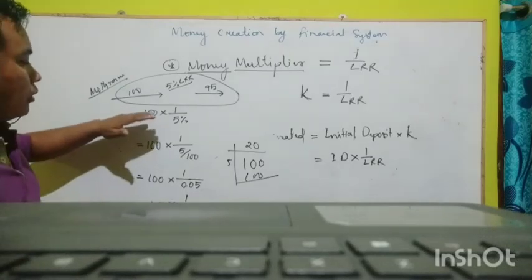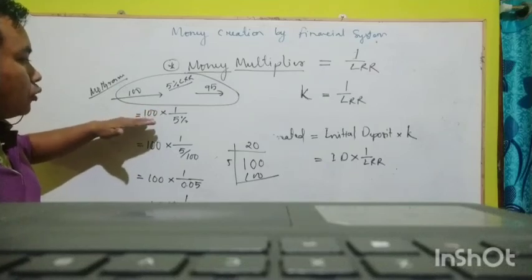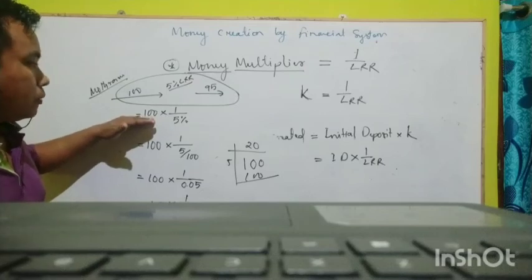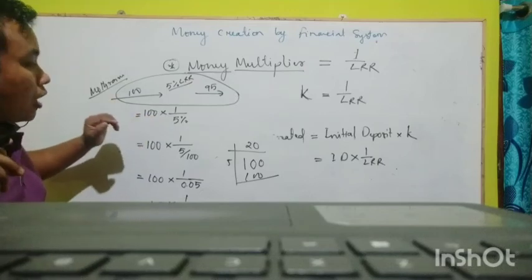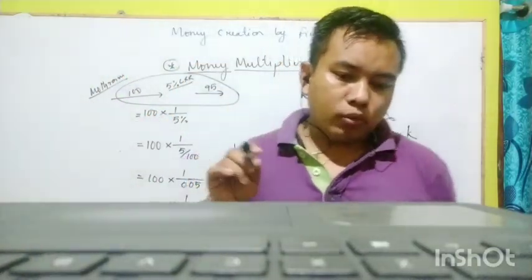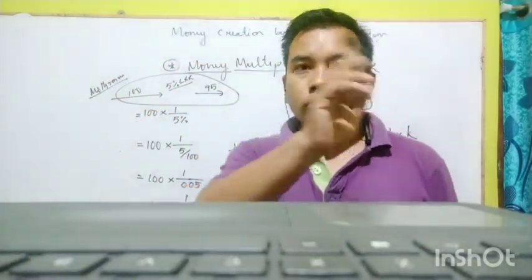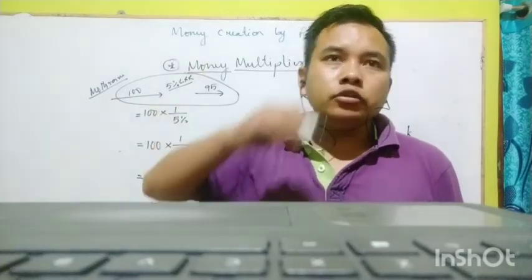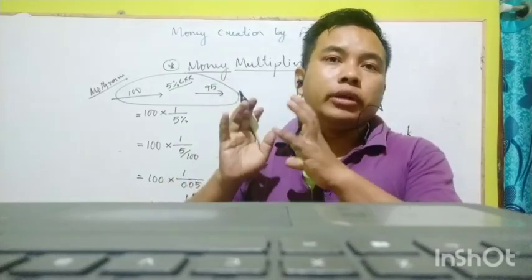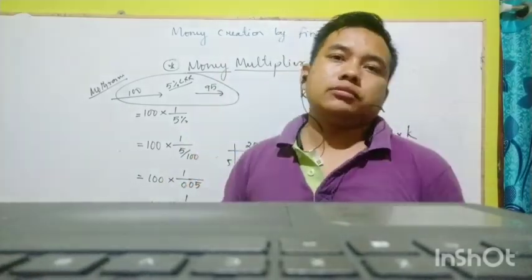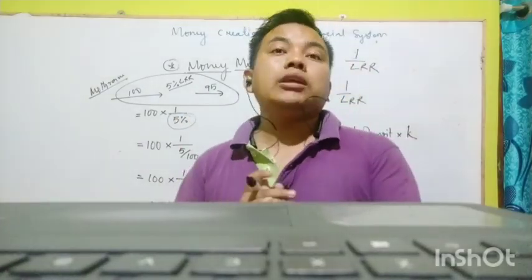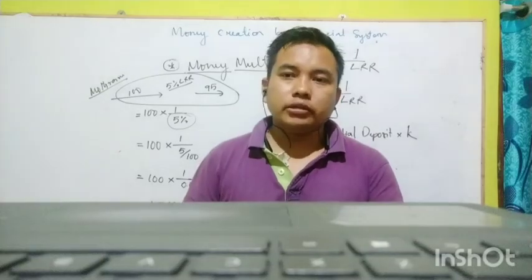Because you deposit money, because of your rupees 100 deposit, there will be an extra creation of 2000 rupees in the economy. Unbeknown to you, you don't know this, but because of your action of depositing rupees 100, the entire economy will create rupees 2000, providing we assume that LRR is 5%. This is how money is created in the financial system. Okay, this is how money is created.